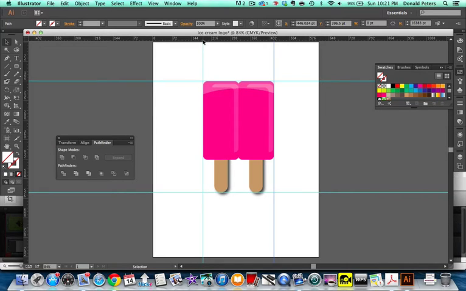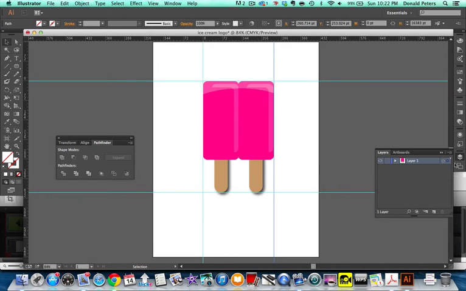Now, right now it says I'm at 144 and 144. But if I come over here and click in my corner and drag it down to that corner, notice my 0 points go right down to that corner. Bingo, bango, down to that corner. I don't really need to do that, but it's a good thing to know. So I can have that start at 0. I could drag my 0 points down to there if I wanted to. I'm going to take all of this,